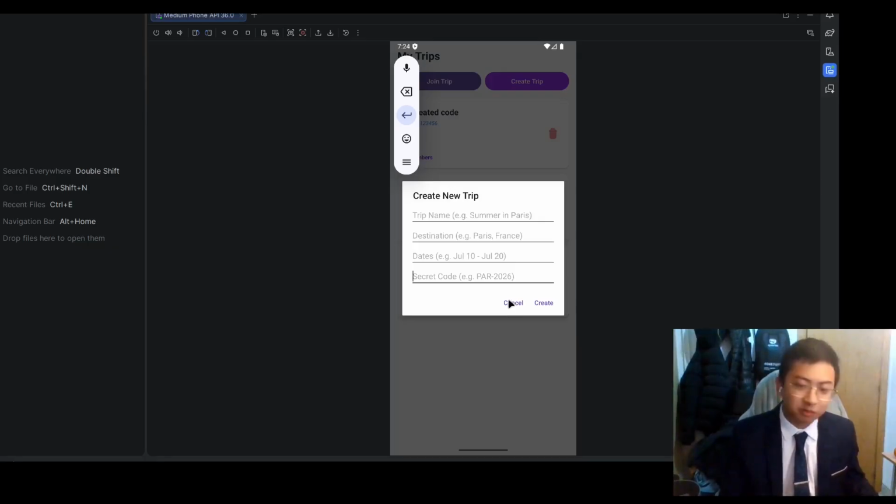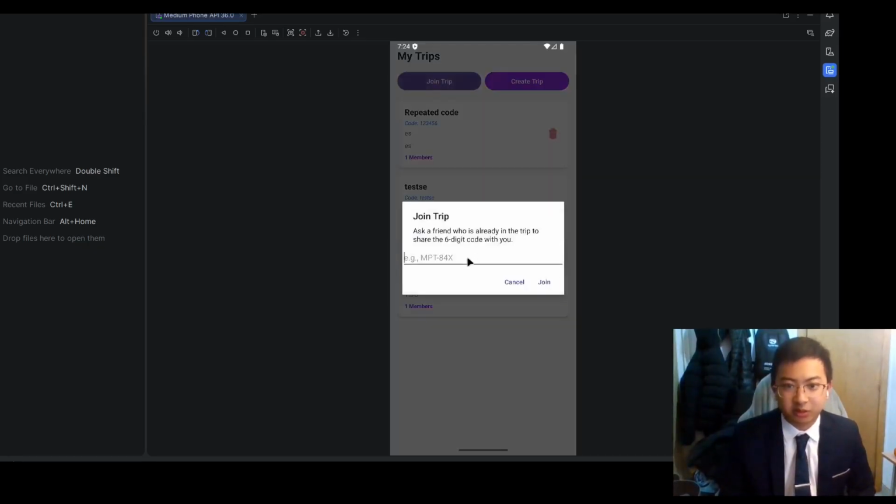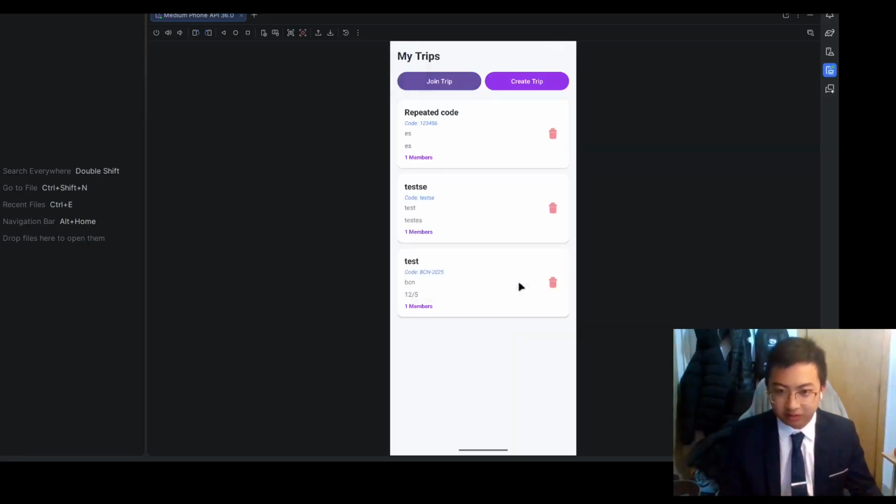Because if I now put 1111, or 1234, and I create a trip, if someone else tries to join with 1, 2, 3, 4, they will be able to join, but everyone else will be able to join the same trip too. So if 10 people created a trip that has the code 1, 2, 3, 4,